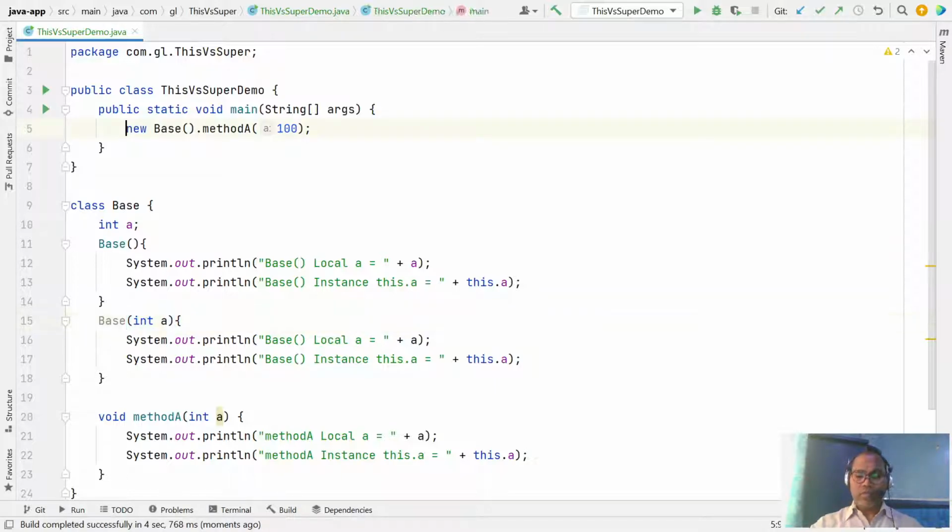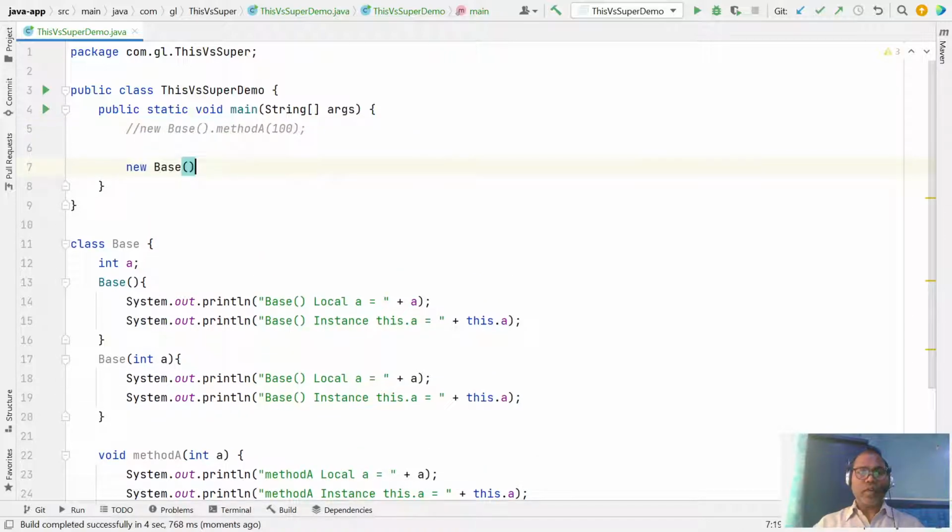Whenever I create a new object, I want to give some instance variable value. So how can you assign this value 50 to your instance variable? If you run this, the instance variable a cannot be initialized with 50, so how will you do it?